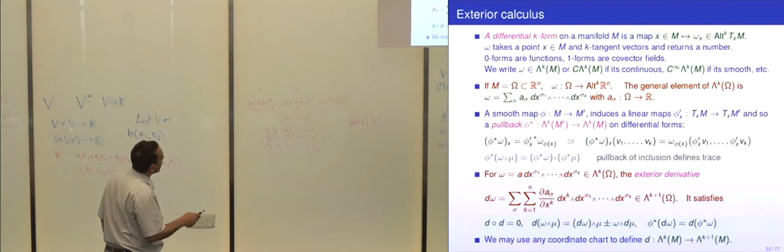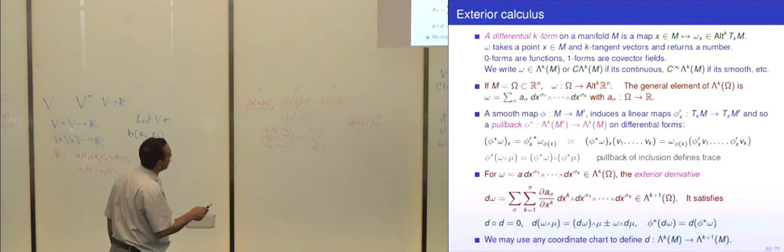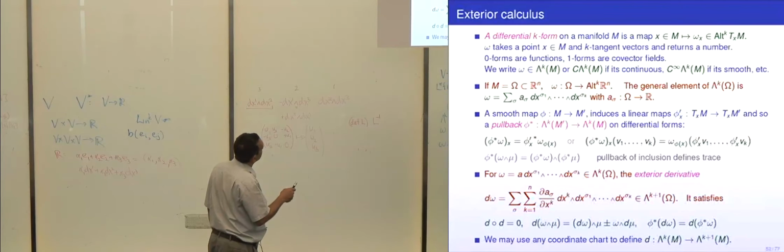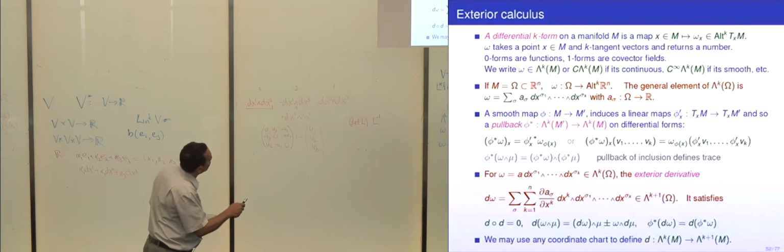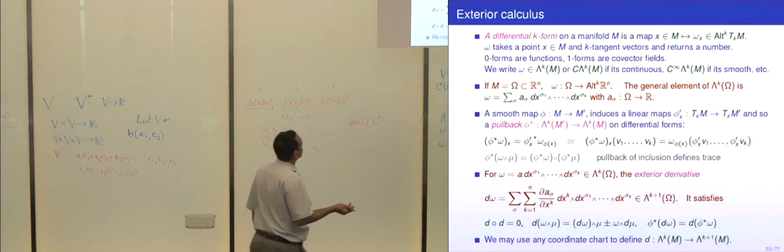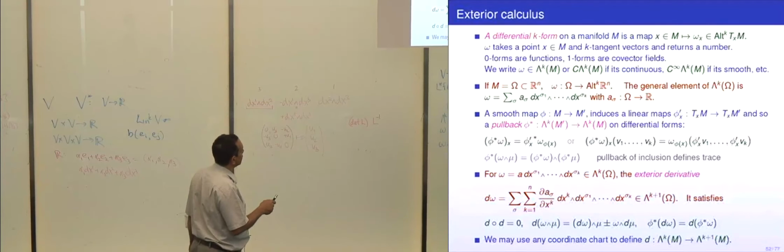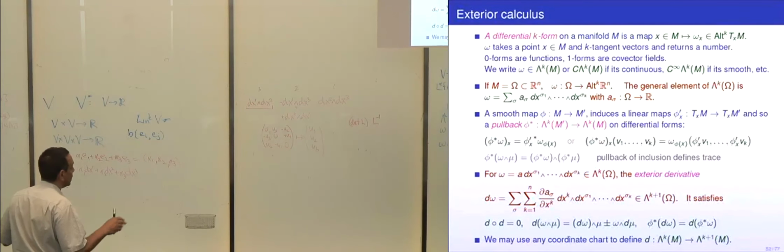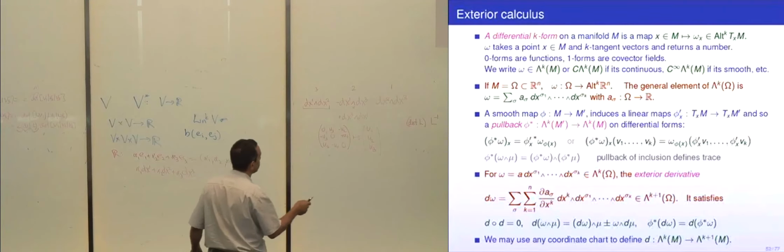And we have a basis for Alt^k(Rn). It's these guys, dx sigma 1 through dx sigma k. So that means we can write a general differential k-form as just a linear combination of the dx sigma 1 through dx sigma k's, where the coefficients are functions of x. Okay, so we can always write a differential k-form that way, and there are a lot of engineering textbooks that start the chapter and say a differential k-form is something of this form as the definition. But now we've given a definition. It's independent of coordinates, but this is how you would represent it in coordinates.